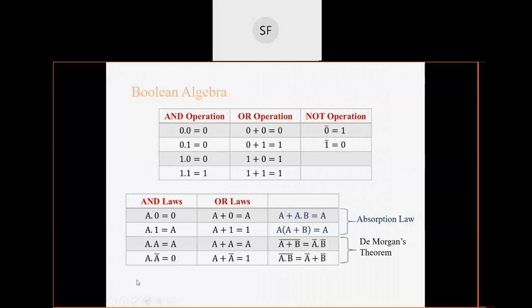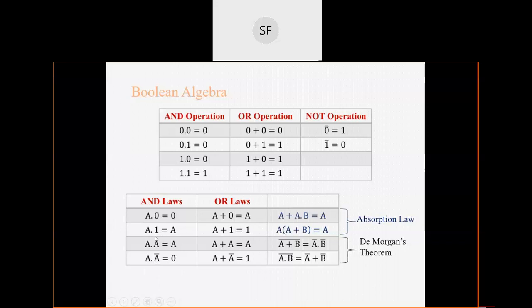Simple common sense is there. Suppose you have put the value of A equal to 0, right? Then A bar will be 1. And since this is an AND operation, if any one input becomes 0, then the output will be 0. Now if I assume A equals 1, then A will be 1 and A bar will be 0. So in both cases, one input will always be 0, either A or A bar. Hence when you apply the AND operation to A and A bar, it will always become 0.